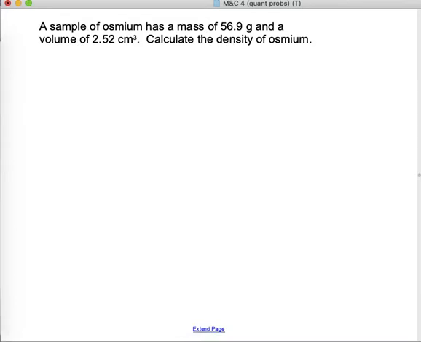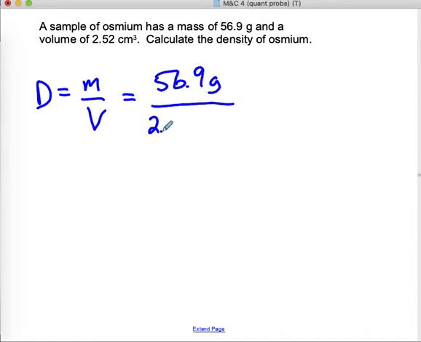In this class, you do not need to memorize equations. You will be given them. I will give you the equation, density equals mass over volume. Because I'm given the mass and volume and I'm trying to find the density, I do not need to do any algebraic manipulation. It's fine as it is. But I do need to see the equation you're plugging in. I will plug in my 56.9 grams, divide that by my 2.52 cubic centimeters, and that gives me a value on my calculator of